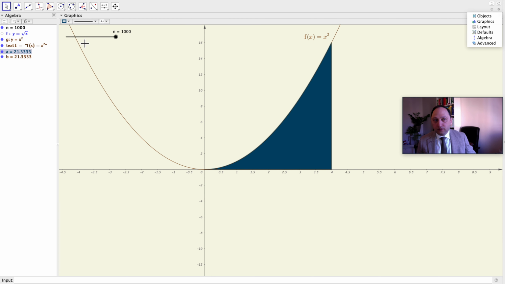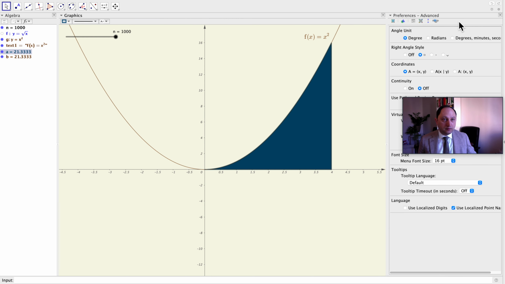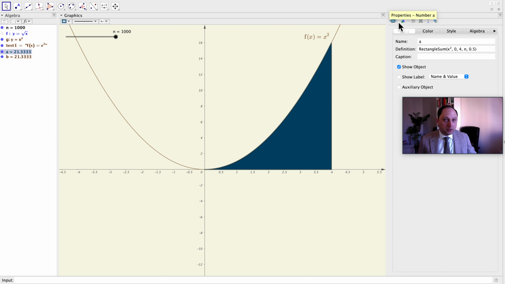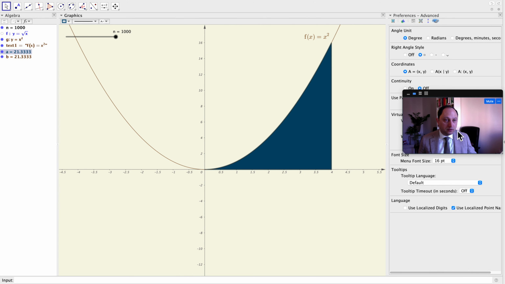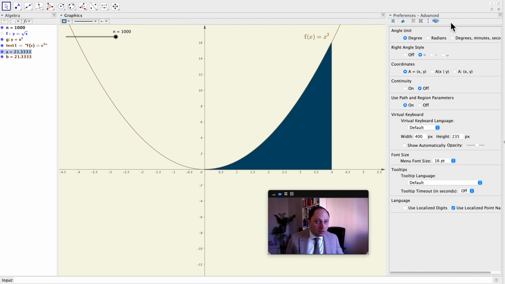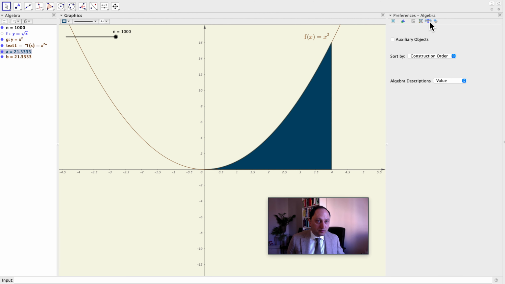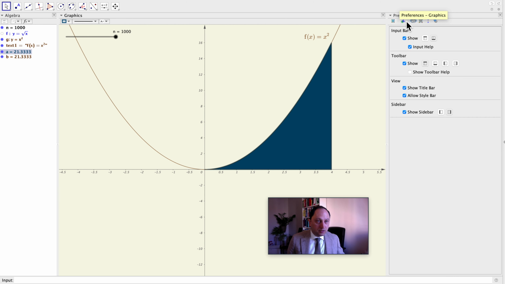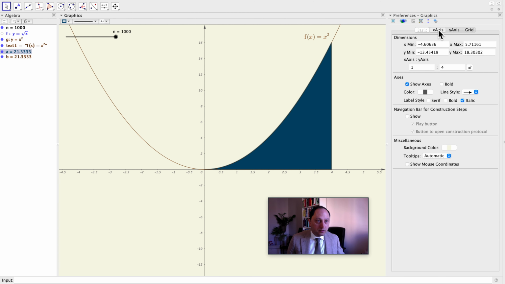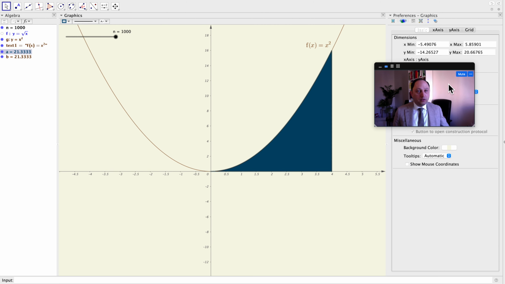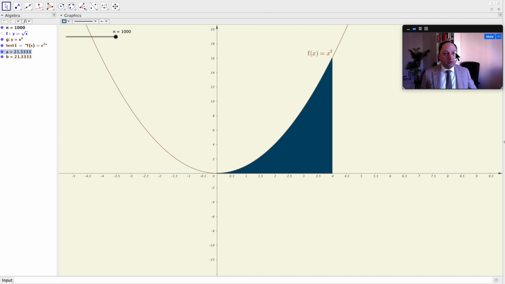Settings, so advanced. No, I don't know exactly where it is. So okay, might be here. There is some place that you can ask GeoGebra to calculate things more precisely. In Classic 6 I knew where what is, but in Classic 5 I've lost where it is. Anyway, okay, might be here. No. Do you see any precision or something? No. Anyway, I don't know exactly where that is, but what I wanted to say, let us see that when